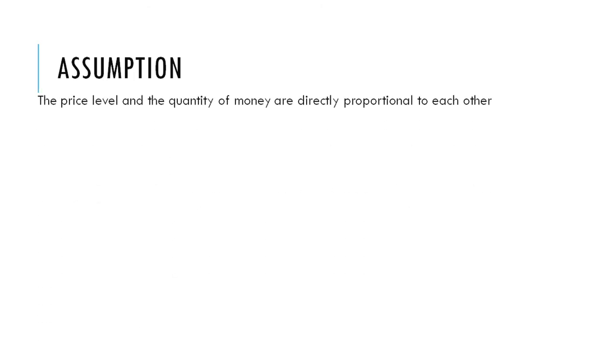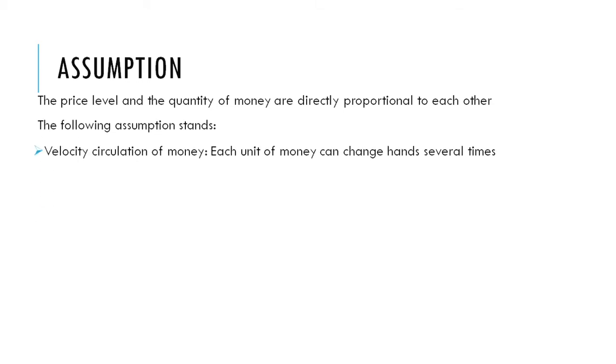Old formula to the new formula in quantity theory, the new or the extension. So we are looking at the assumptions of the quantity theory. The price level and the quantity of money are directly proportional to each other. The following assumption stands: velocity,